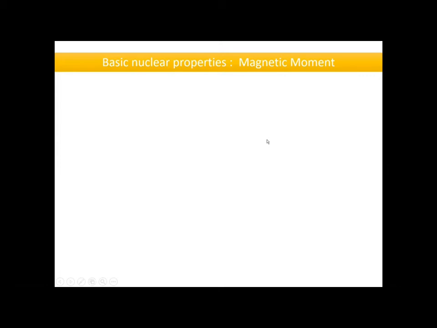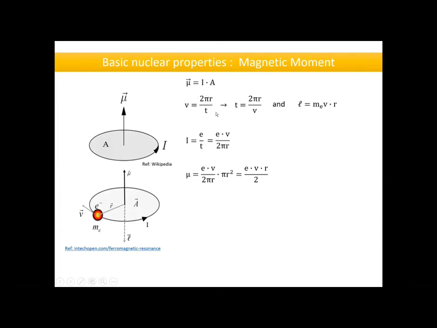Another property is the magnetic moment. We all know that when a charged particle moves in a closed path, here an electron in a circular orbit, it produces both angular momentum and magnetic field. So a magnetic field at large distances can be described by the magnetic dipole moment located at the center of a current carrying loop, and is written as magnetic moment equal to current into area, that is I into A. The velocity of the charged particle can be given as this and the angular momentum as this. So on solving further, we get that